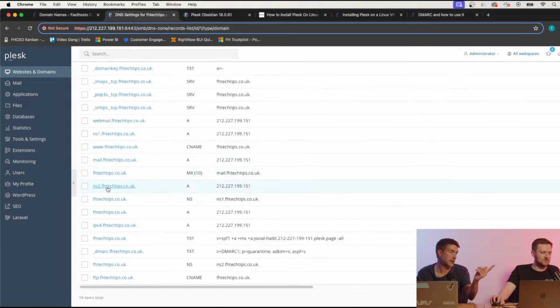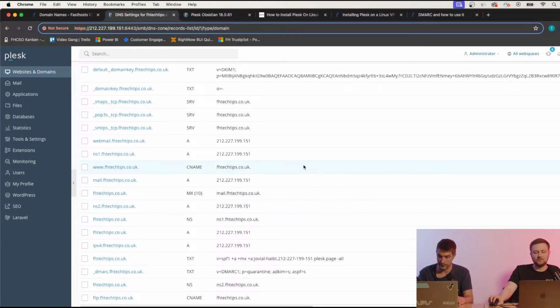So ns1.fhtechtips.co.uk, and you'll need the IP address of your server. You go and put that in there. Do you know what? I'm going to put the guide in. I think this is after getting over the initial SSH stuff. This is probably the most technical and laborious part of setting it up, because